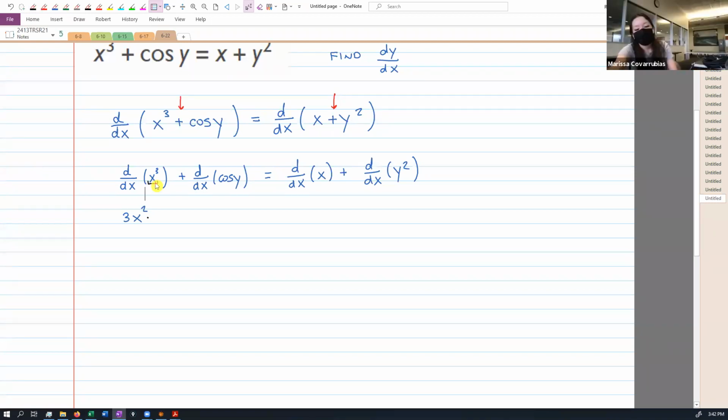I'm sorry, can you repeat the question? Oh, yes. Okay, so we need to take the derivative of what with respect to what? Of x. Okay, the derivative of x with respect to